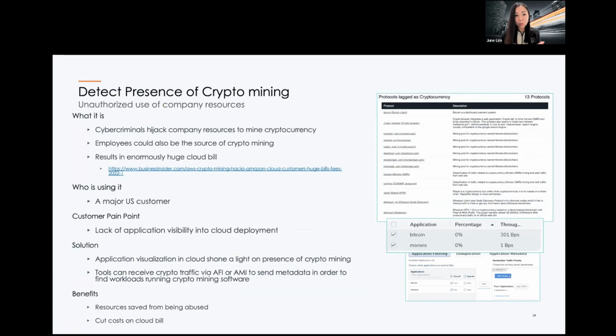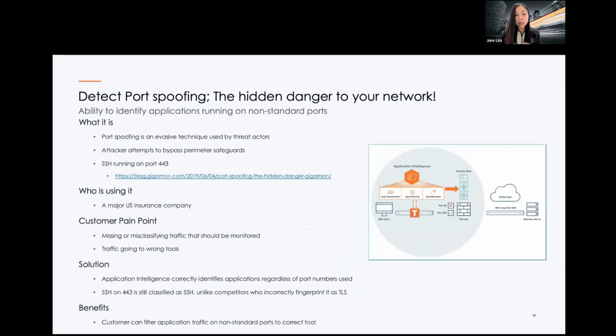What can we do? We can help you to see things like crypto mining. We can help to see port spoofing. Port spoofing is a very common attack, right? SSH actually running on port 443. So we can help you to see that, hey, this should not be running on port 80, but how come it's running on port 80, or things like that.